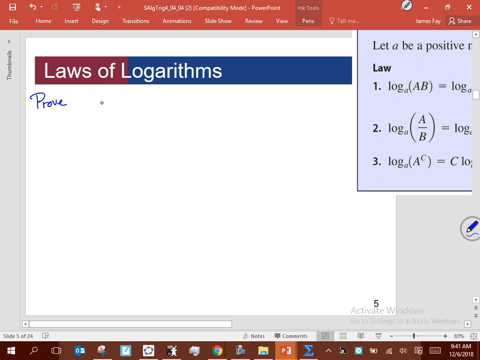I'm going to use a different base, m, just because I don't want to use lowercase a and capital A. So log base m of a times b is equal to log base m of a plus log base m of b. Okay. Now what happens here, guys, is in this proof,